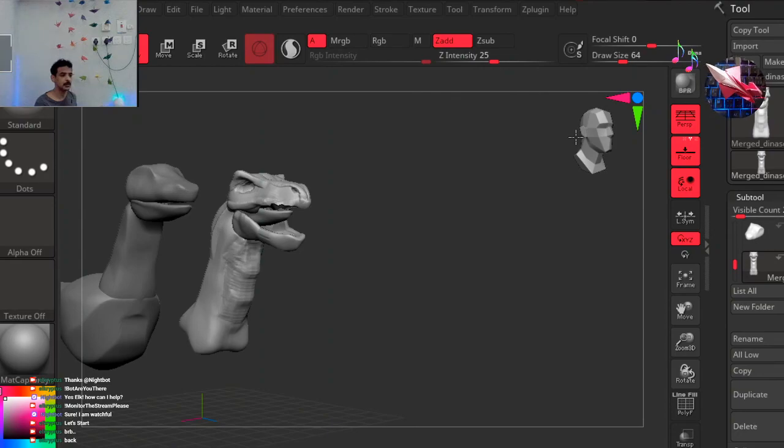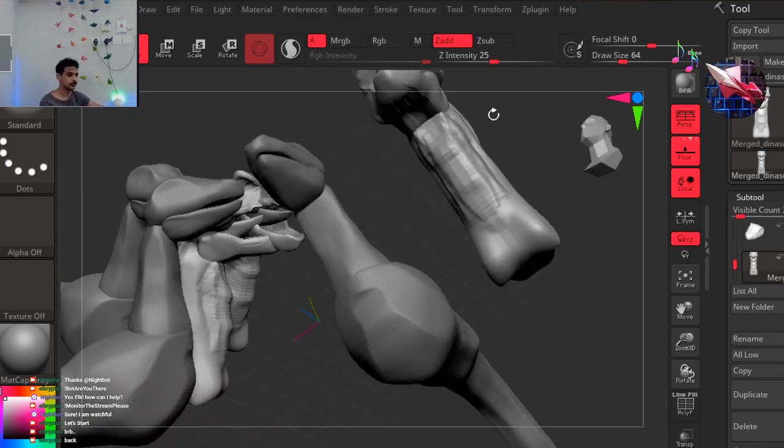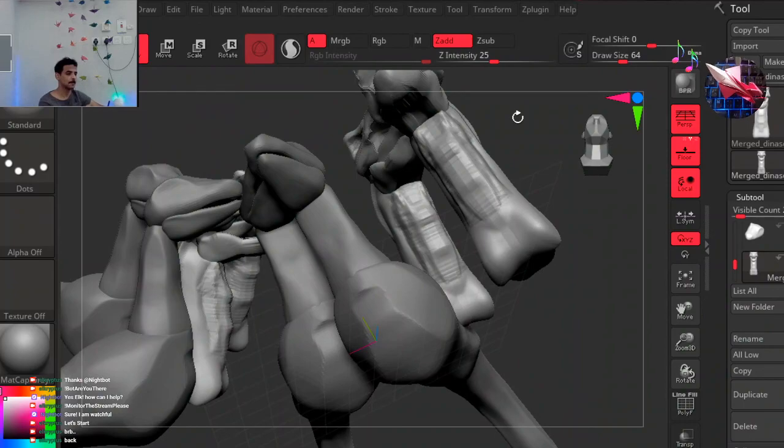I think it's very clear. Now the duplication is gone because I'm holding the left mouse click. If I drag and hold,